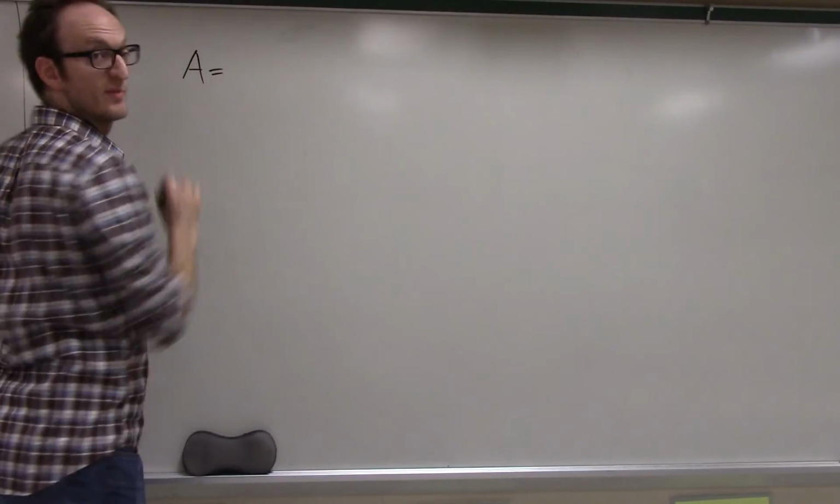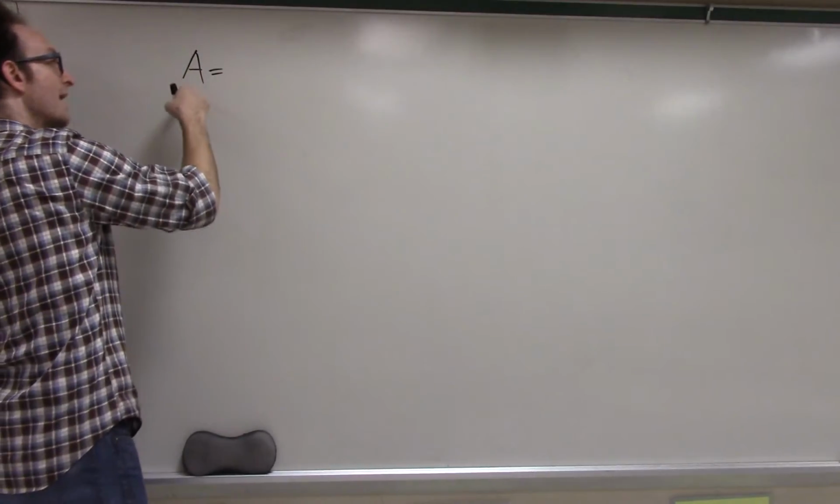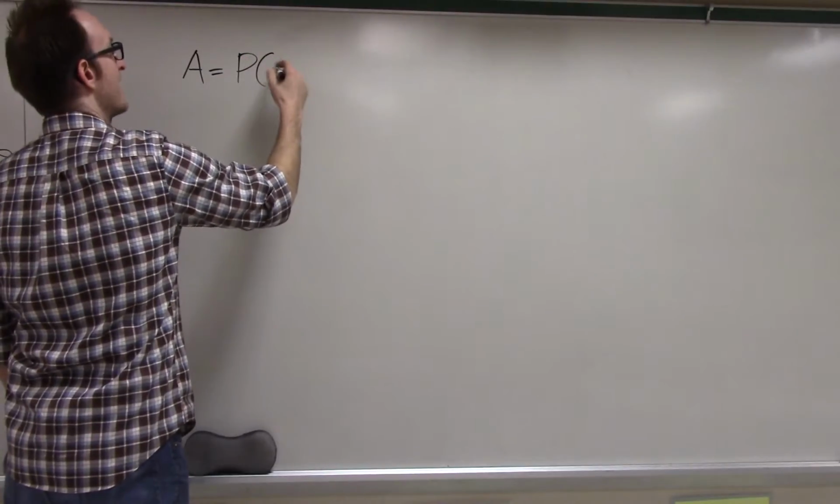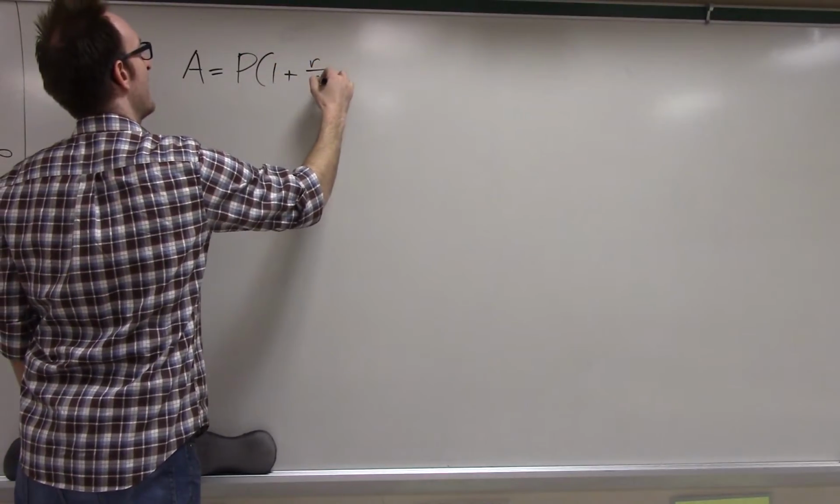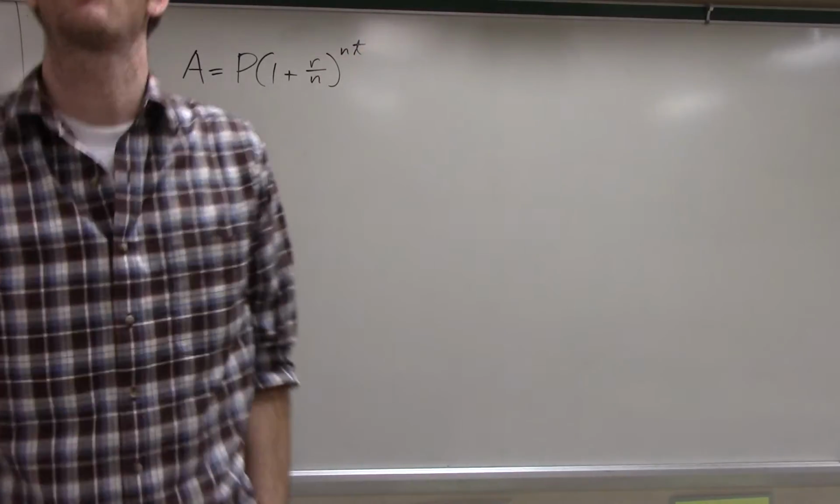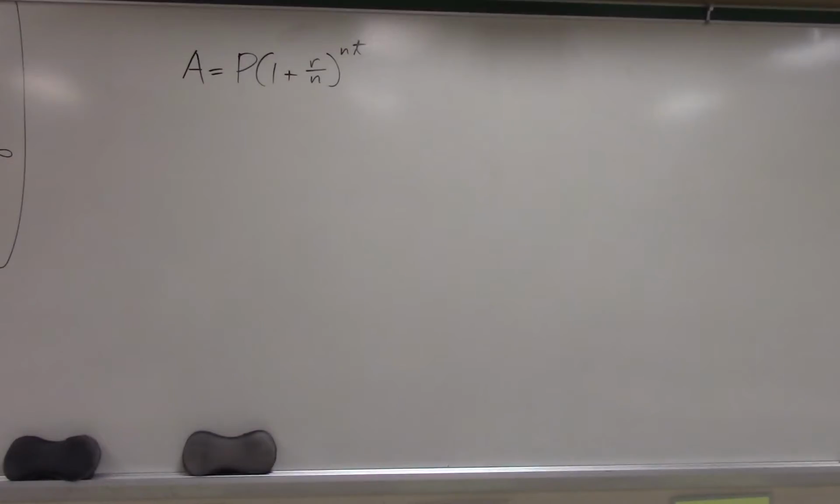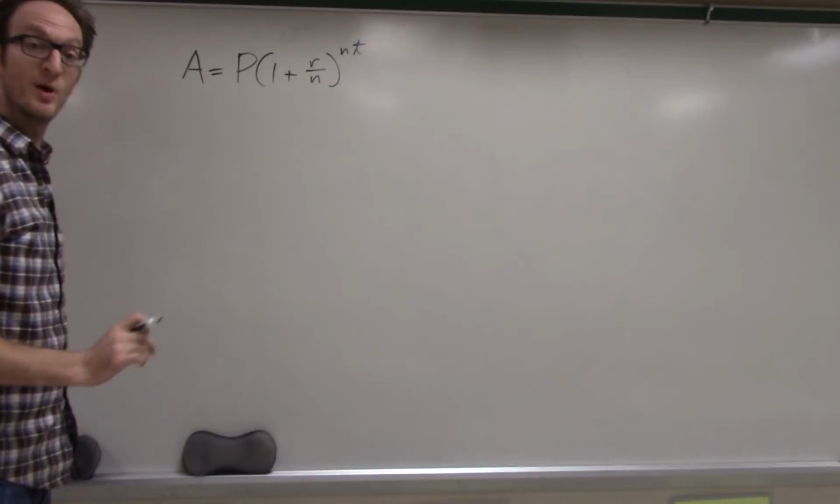As we did in class a little bit ago, we had this formula for the amount of money we should expect at a certain time: the amount of money is the principal times 1 plus r over n to the nt. That is our formula. And now the question is, what happens to this amount as the number of compoundings